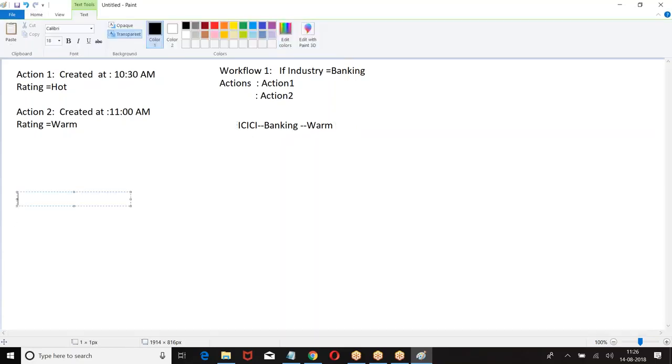The same one I had. Workflow 1. Industry equal to banking. Action.